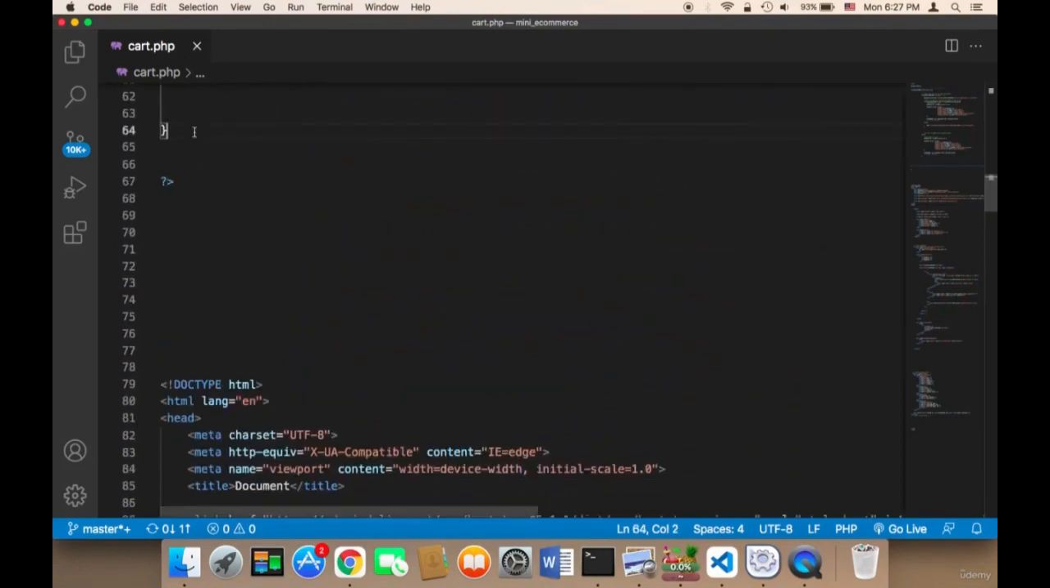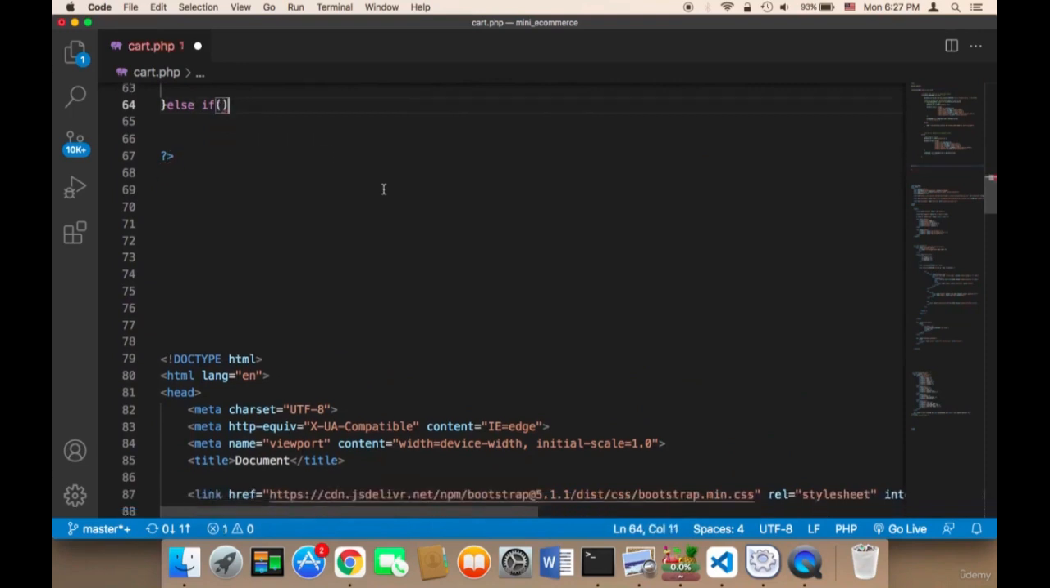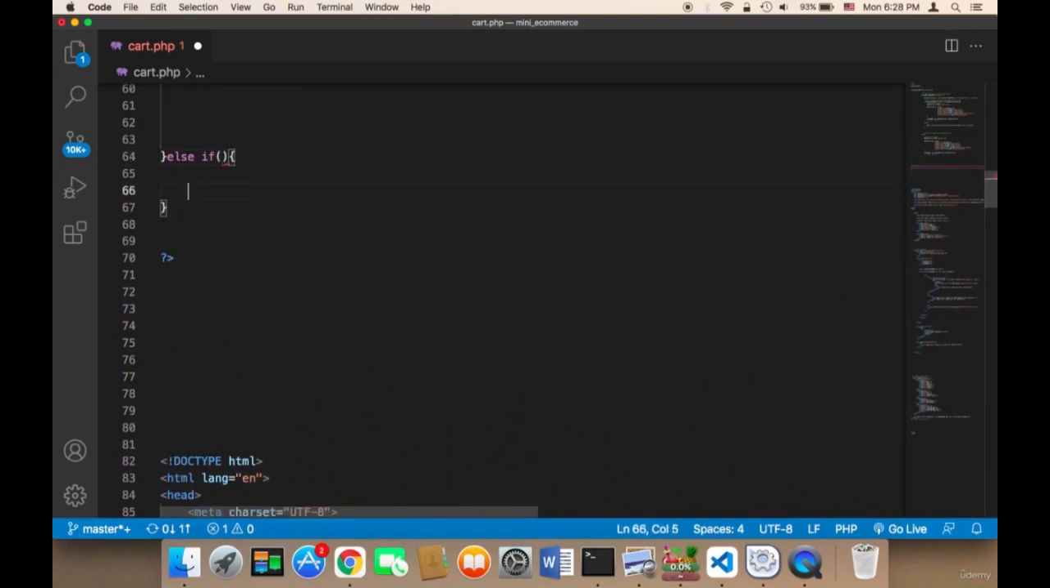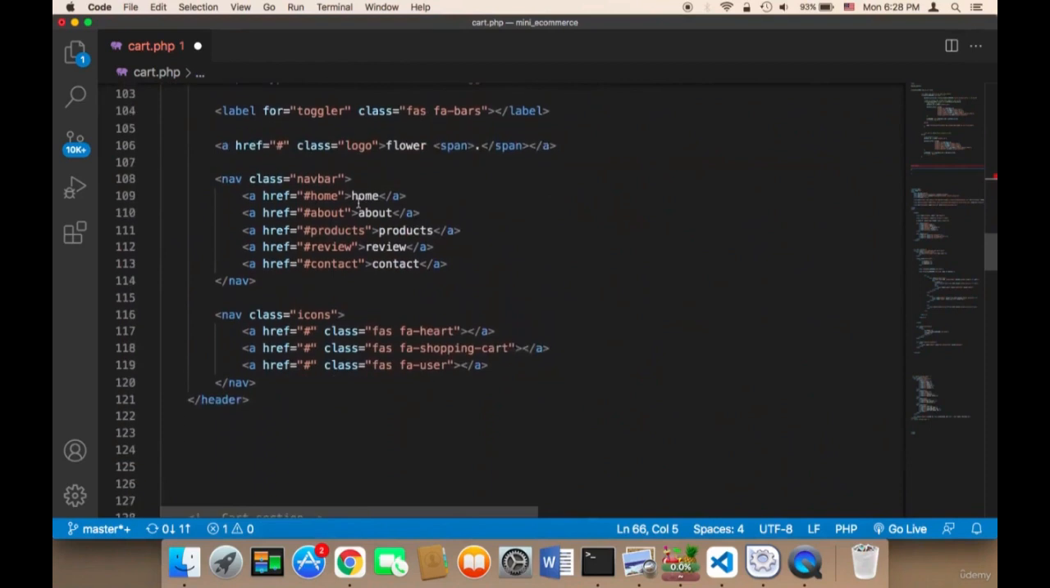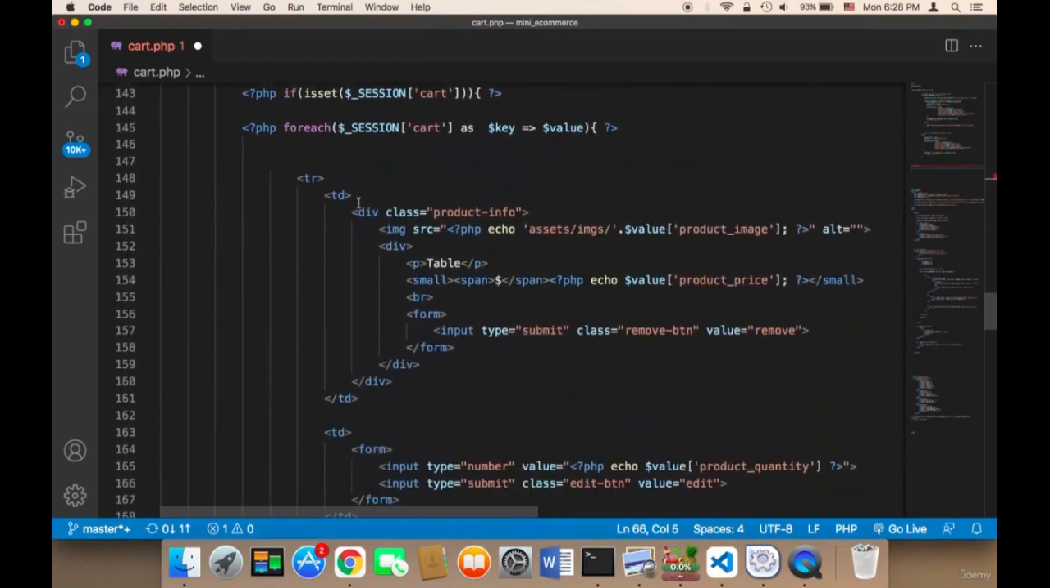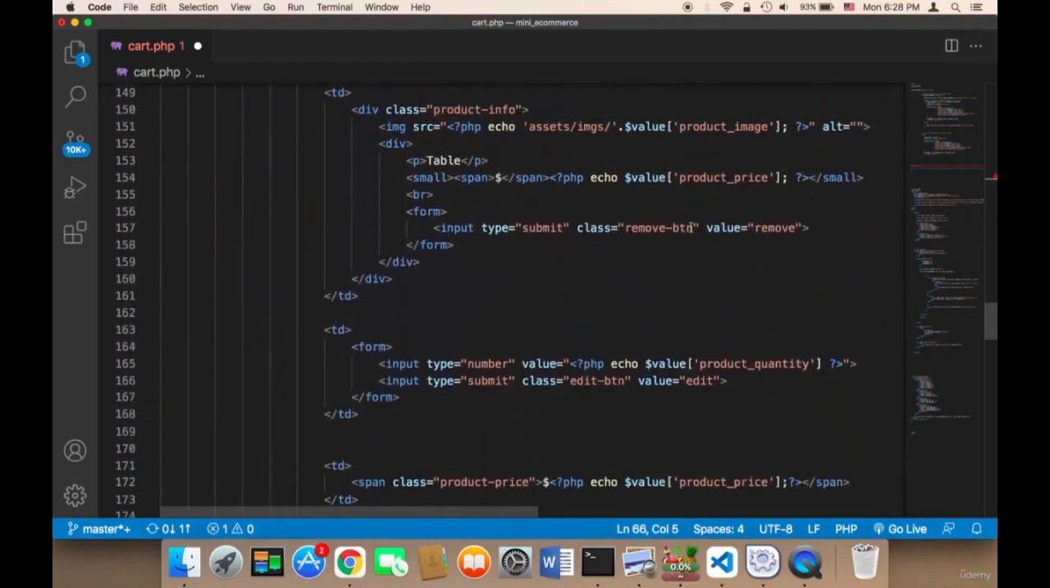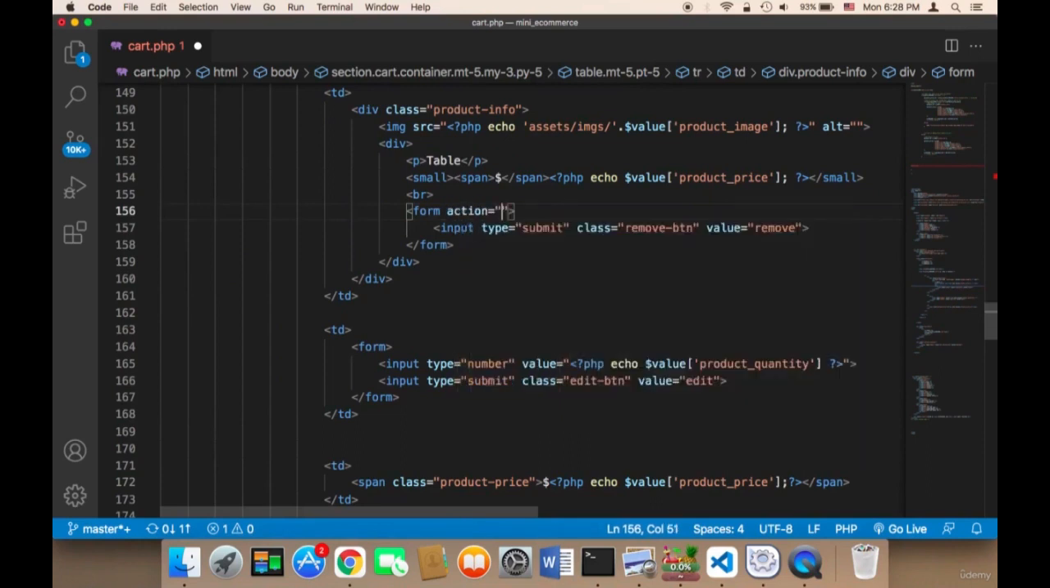And here what we need to do is say else if, and then check if the remove button has been clicked or not. So here in this else if we can start working on removing a product. We need to learn where the remove button is. So here is the remove button. This remove button, we need to give it action and method. So the action is going to be the same page, cart.php,